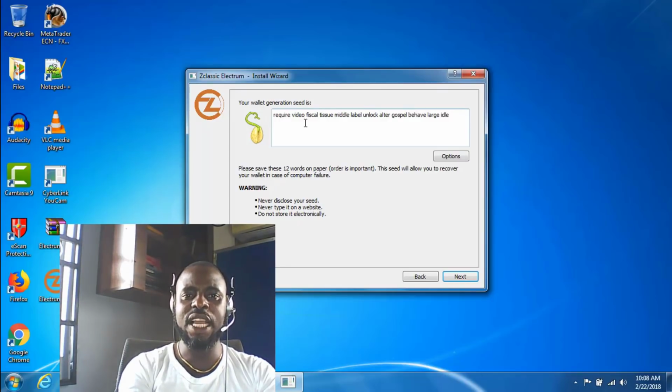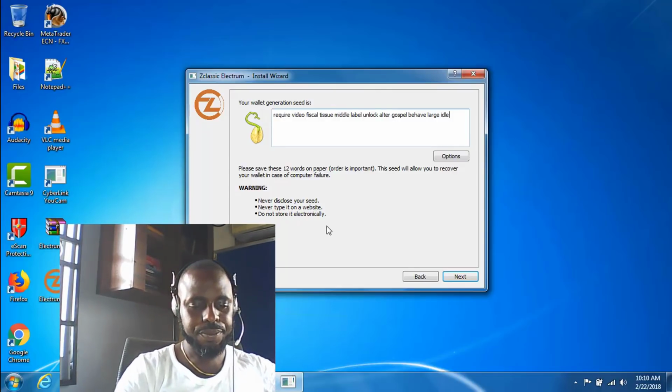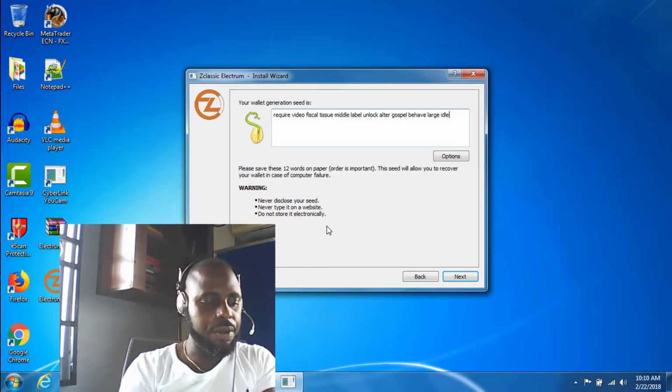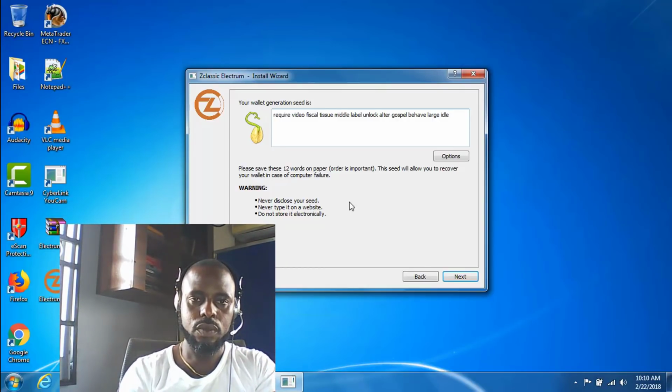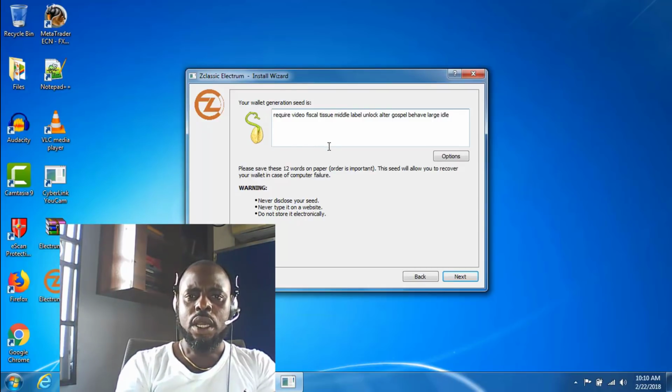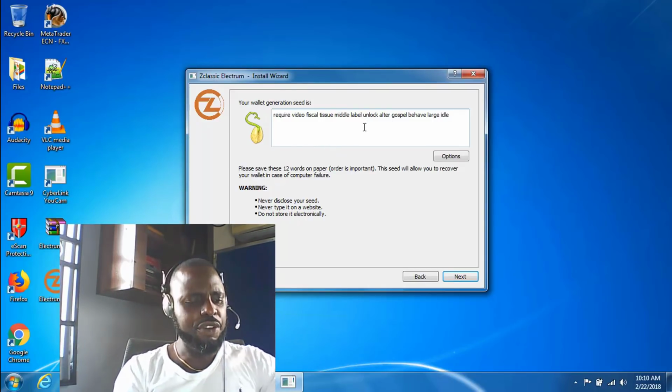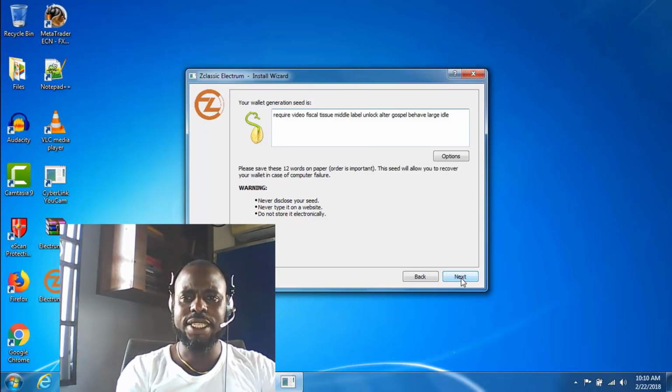What we have here is the ZClassic Electrum seed. This is a string of words that is very important and should not be displayed to the public. You're seeing it because on this wallet there's not going to be any money. It is advisable you keep it private, and it's also advisable you write it down on paper. So I'm going to write it down on a sheet of paper because it will be needed further on. These strings of words are very important, so having written them down on the paper, we'll click on next